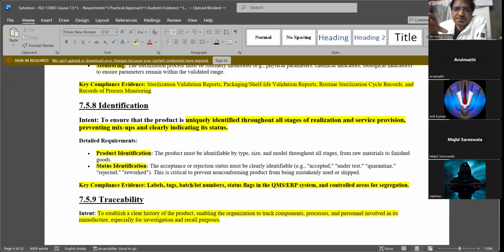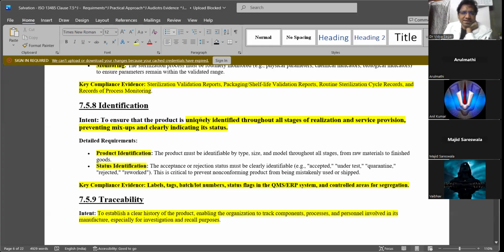A lot of mix-up happens in small companies, in small rooms where they do all the manufacturing activities in one room. Sometimes non-conformity may slip to the other. So the demarcation and identification is very important by labeling them. What is non-conformity, and if it is a non-conformity, why is it a non-conformity?